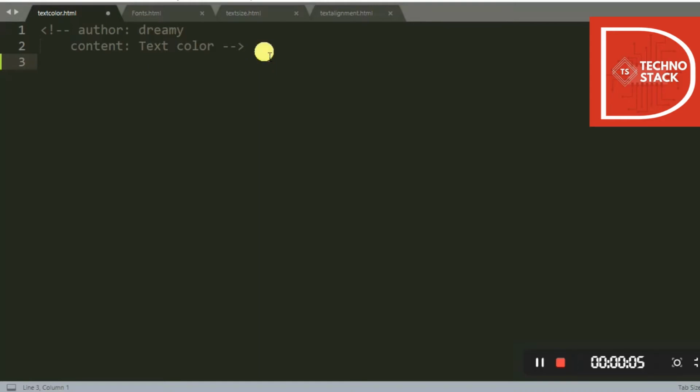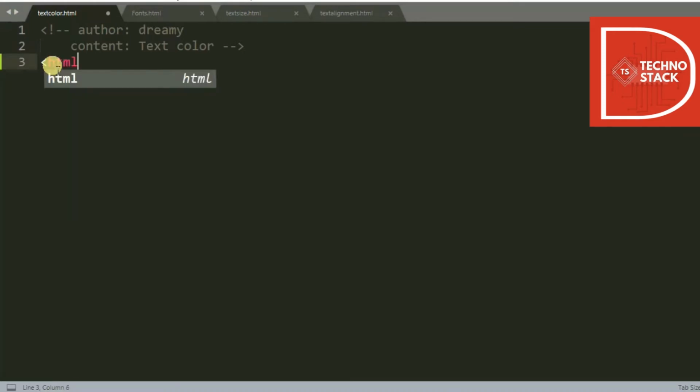In the section on working with web development, that is, front-end web development with HTML, today we are going to see how to use the text color property. I'll be showing you how to change the color of the text. We have already seen how to change the background of a web page, so now let's see how to change the color of the text of our web page.